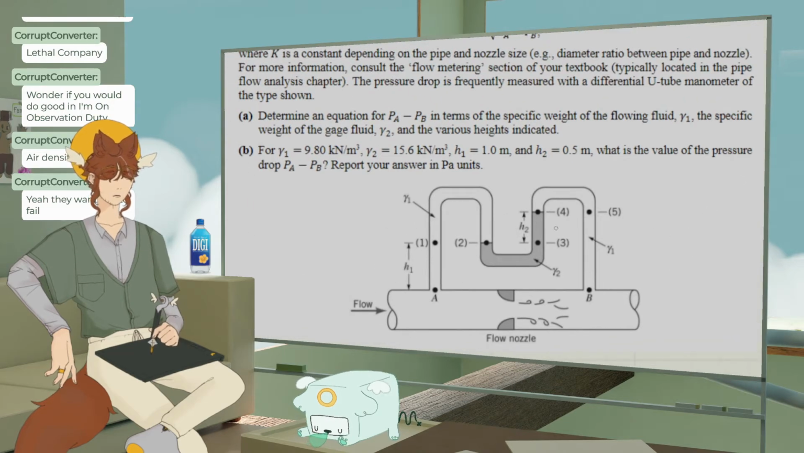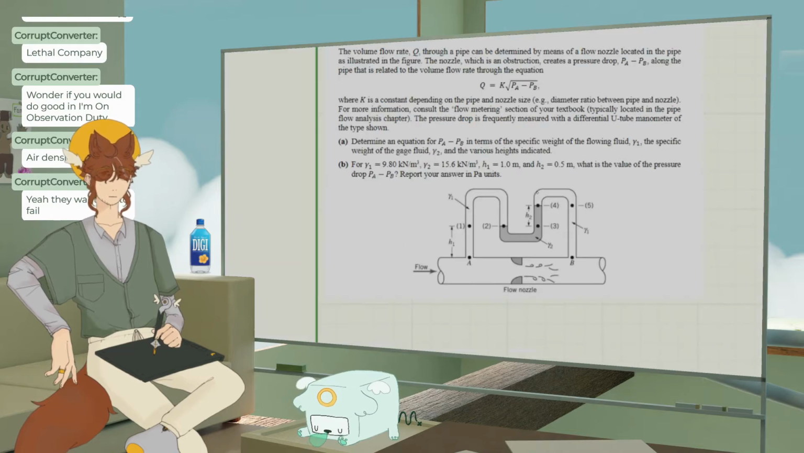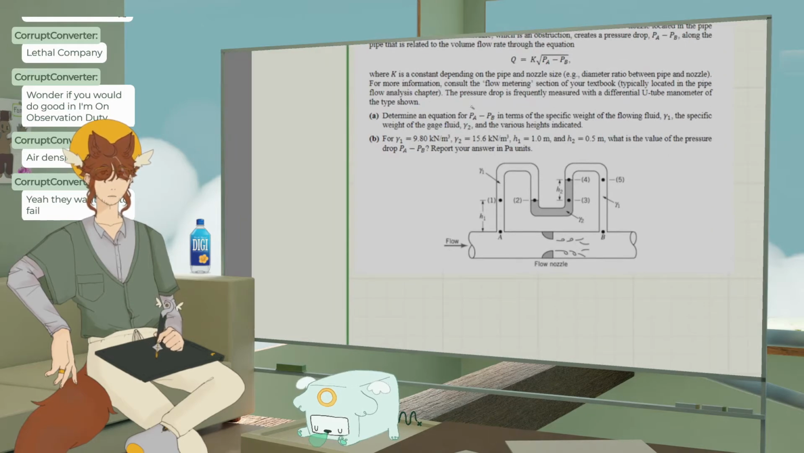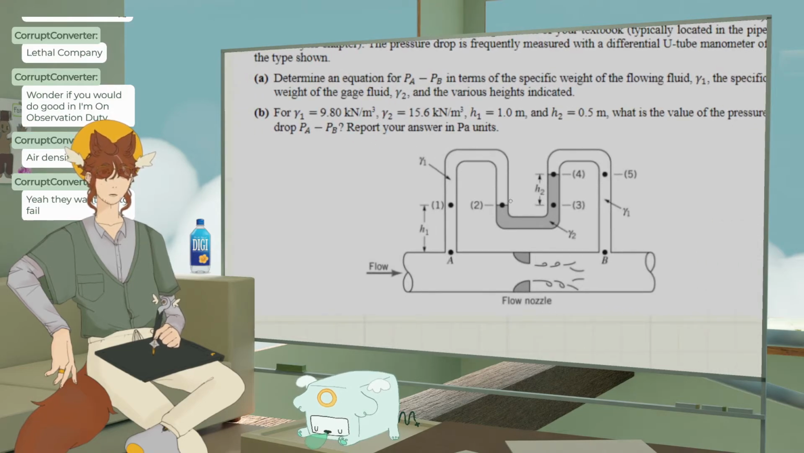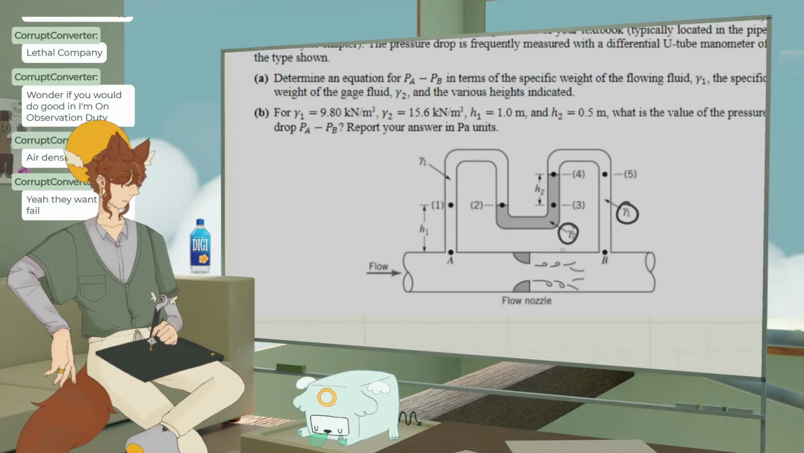I mean, this is the exact same kind of thing, but okay, determine an equation for PA minus PB in terms of the specific weight of the flowing fluid, the specific weight of the gauge fluid, and the various heights. Okay, so this is the gauge fluid. Oh, it says it here. Yeah. All right, so